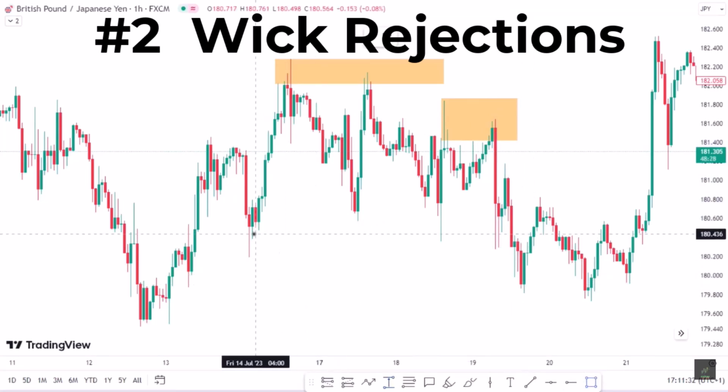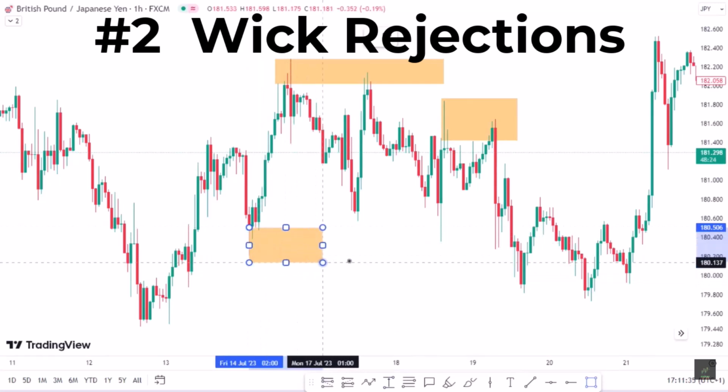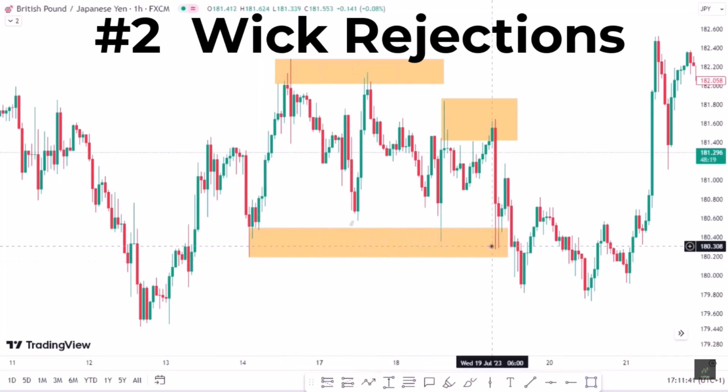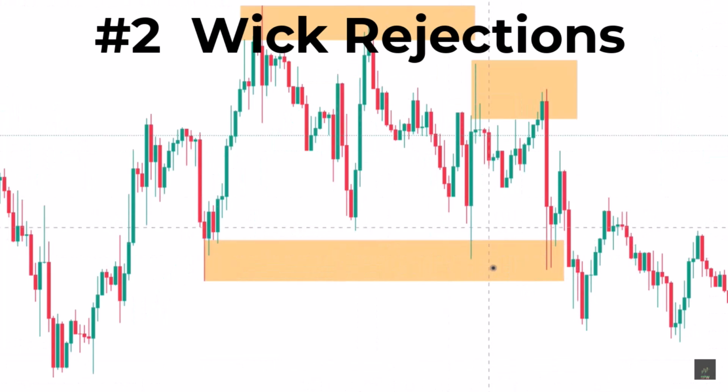Also, if you take a look at this level here, these wicks which were created at this zone, if we extend our rectangular box line, you notice when price came to this zone, what happened? It then moved up to the upside. For the second time when it came, it then moved up before it finally broke. And as it breaks, where next?